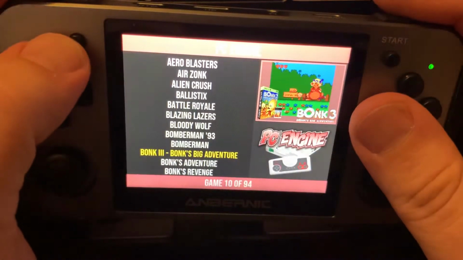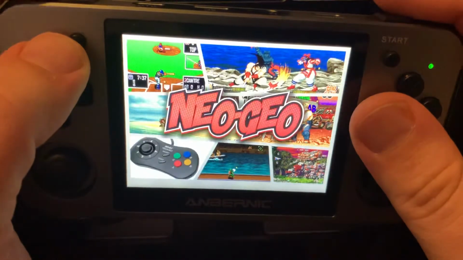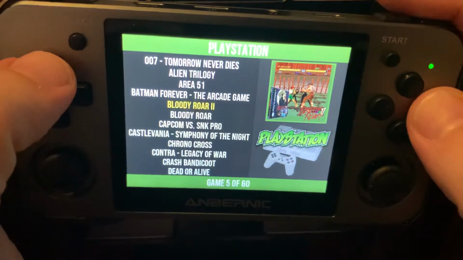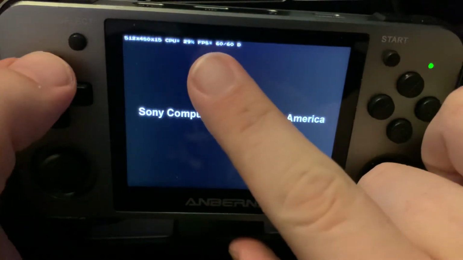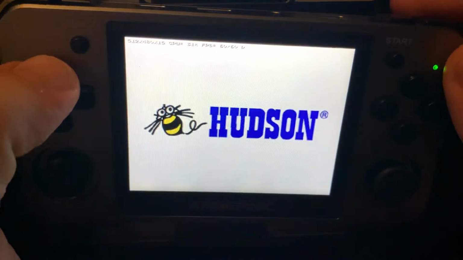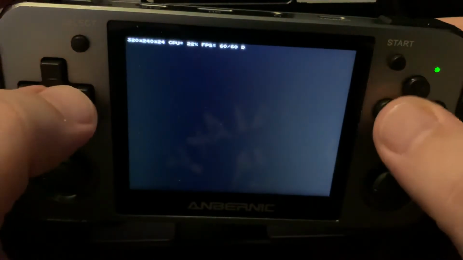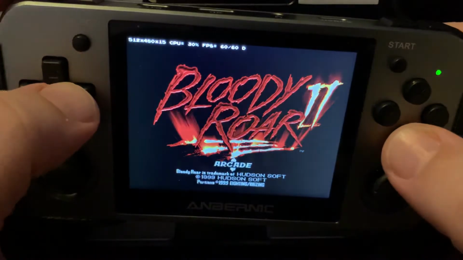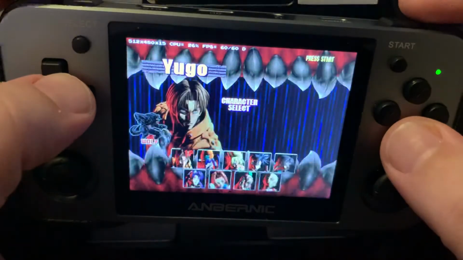Let's try. Oh yeah, where's PlayStation? So yeah, and I have it set so basically it shows the frame rate up top, so you can see. I don't know if you can see it in the screen, but it's currently 60 frames. And Bloody Roar hasn't always run the best, but so yeah, all the PlayStation games run very well. Might throw up some crash too, but